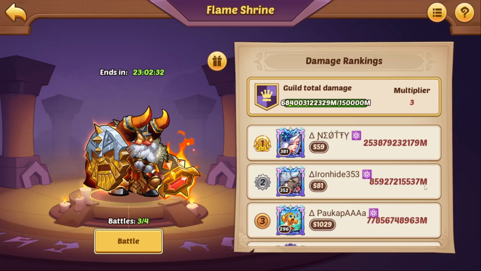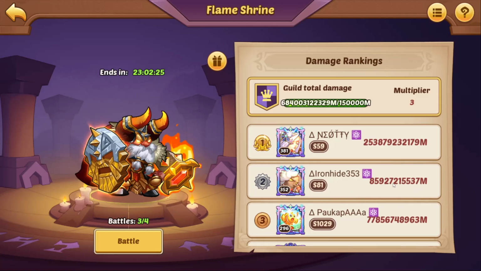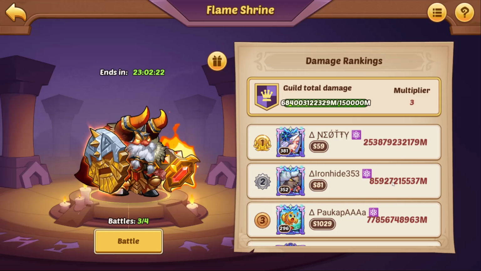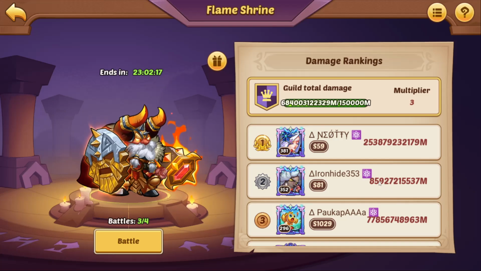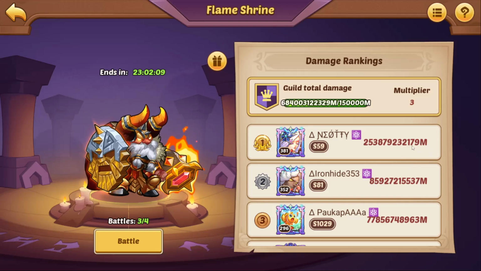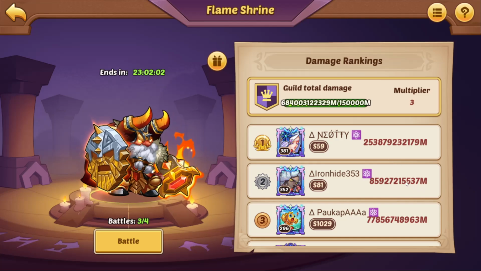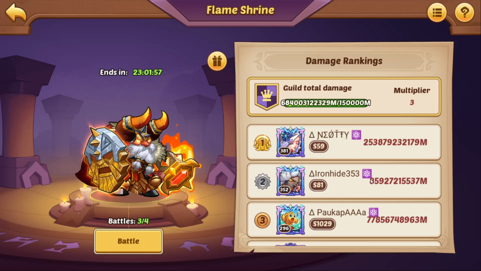What is the second place? Second place, Ironhide. That's actually the server that Jerry's account is in. That's 1,000,000,000, billion, where is that? 1, 2, 3, 6, 9, 12, 6, 9, 11. Okay, so it is